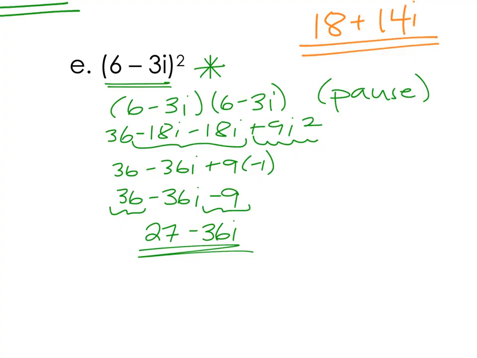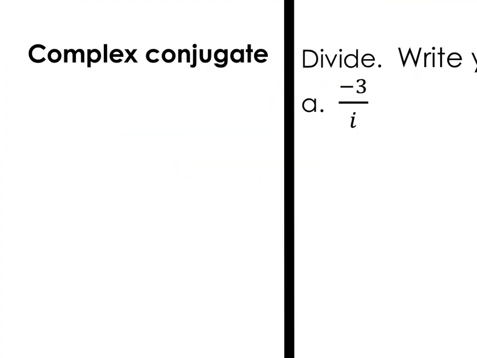Let's finish up with division. When asked to divide with complex numbers, we technically don't do division. It's almost like dividing by a fraction where we change it to multiply by a reciprocal. We technically don't divide the fractions. It's a very similar idea. It's going to turn into a product, and that product is going to be related to the conjugate of the denominator. So the conjugate, if we take a complex number in standard form,